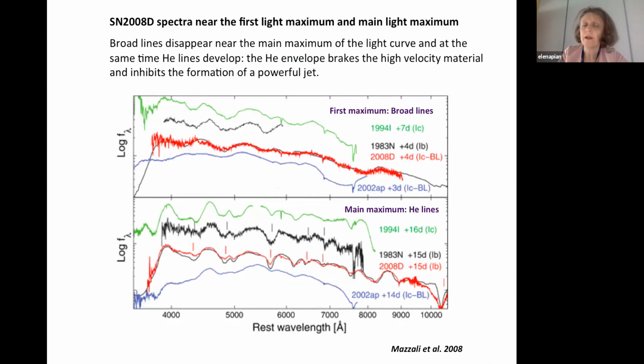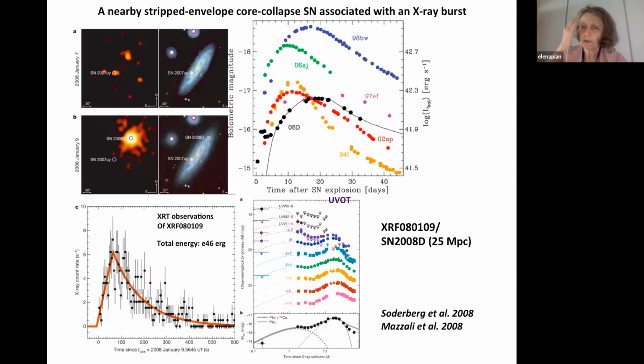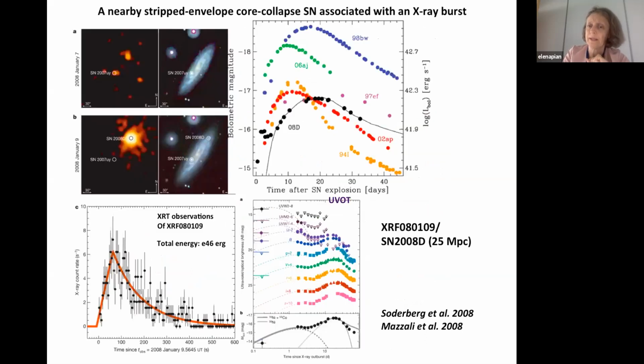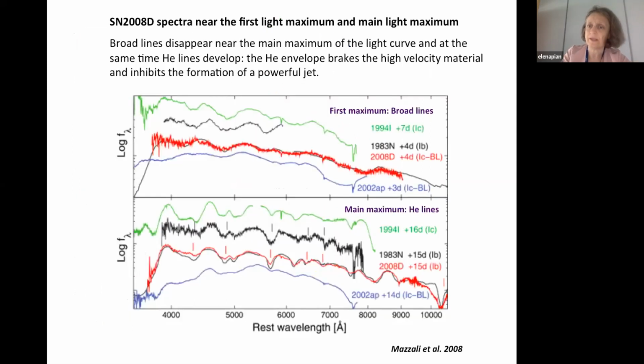Very curiously, at the time of the maximum, meaning at 20 days, helium lines are developed and can be observed. So if this supernova had been detected just like every regular supernova, starting from day 5 or day 6, after a week, for example, it would have been detected as a helium supernova, namely as a type Ib supernova, not as a type Ic supernova, not as a stripped envelope supernova.